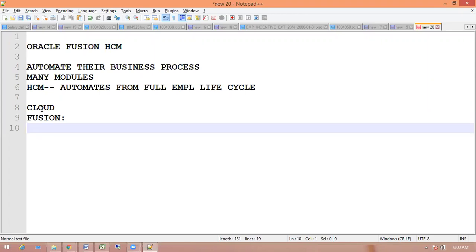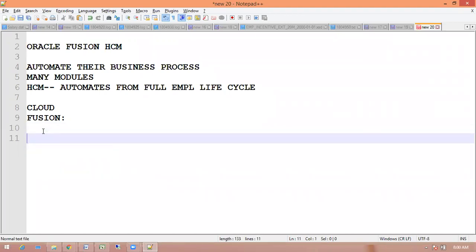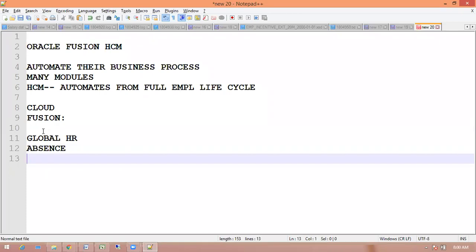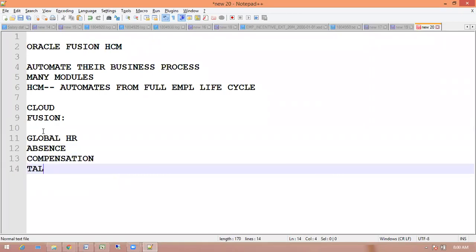At that time the product was not stable, and they tried to apply patches on a 6 months basis or every 3 months basis. Now the product is stable. So now we have modules called global HR, absence, compensation, and talent modules.